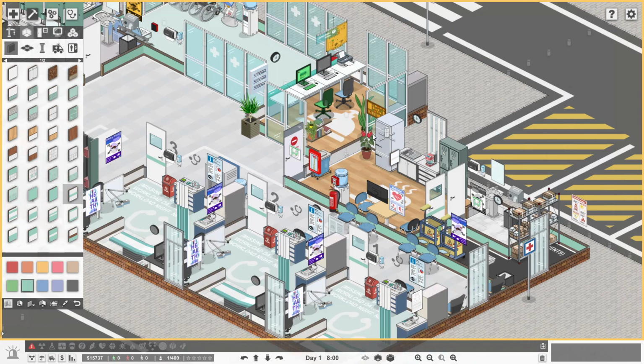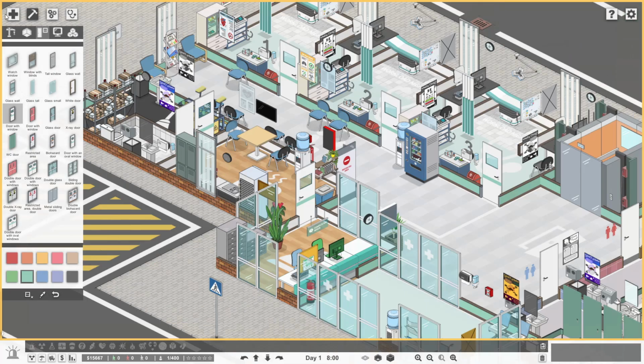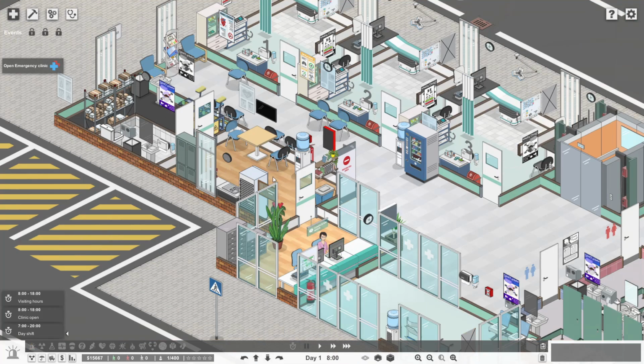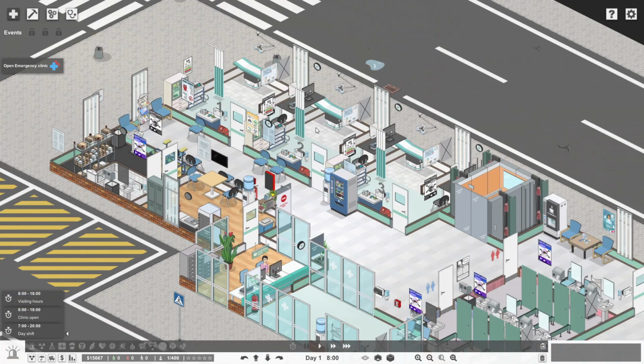And then we'll pop a door in here. I think that will just look a little bit nicer actually. Let's put a door with a window. There we go. Okay, lovely. So that's the reception and common room area. At the back here we have a staff loo and a cleaning closet, and then obviously we have our doctor's